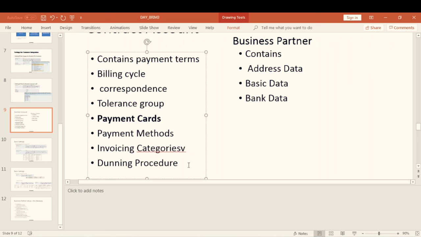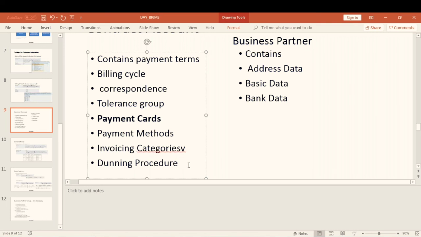And we have the dunning procedure here. The dunning procedure is sending reminders or notices to the customers. If the customer does not pay the bill after he receives the invoice, then he should get notices like, pay this bill, this is the last day to pay the bill, or else you will be imposed with a penalty.